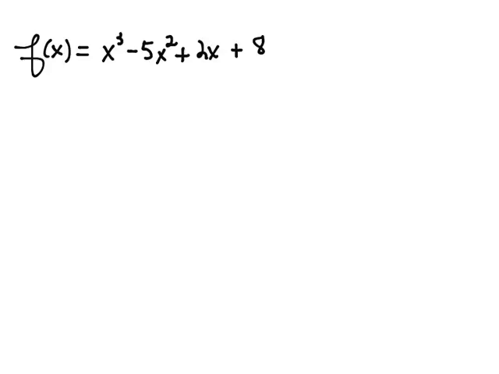We want to find the zeros of this polynomial, f of x equals x cubed minus 5x squared plus 2x plus 8. And so to do that, without the aid of a calculator, we're first of all going to use the rational zero test. And basically, the rational zero test says if this function has any zeros, they are going to be of the